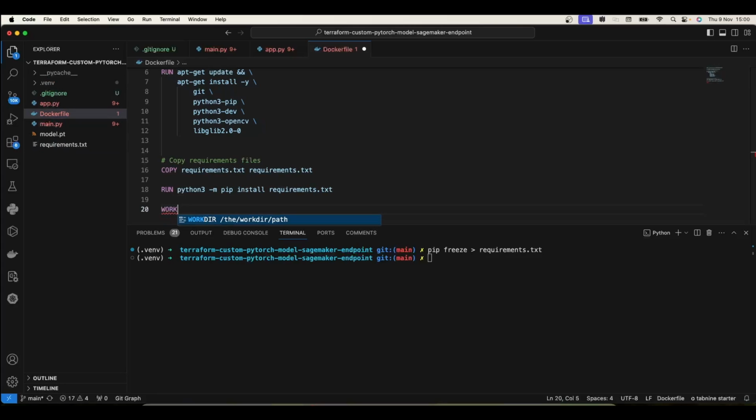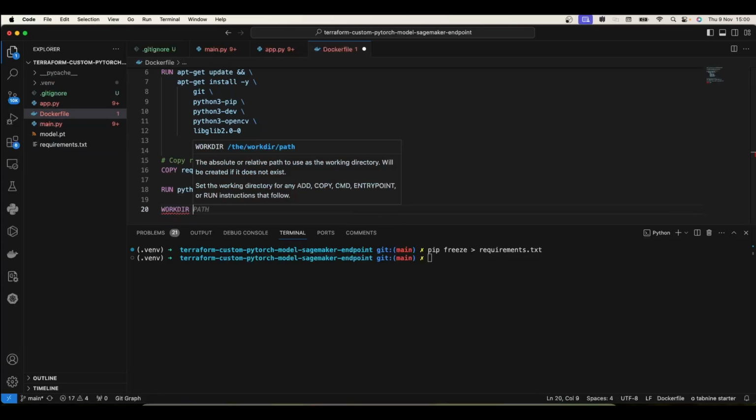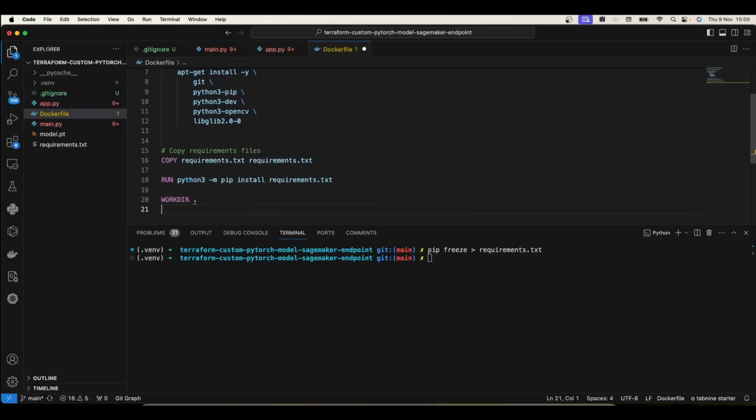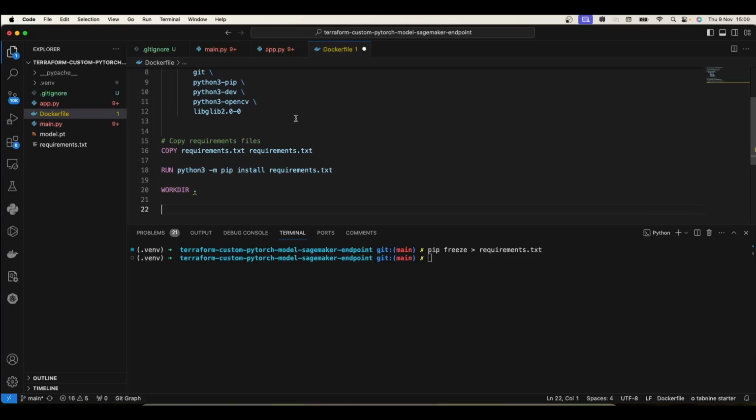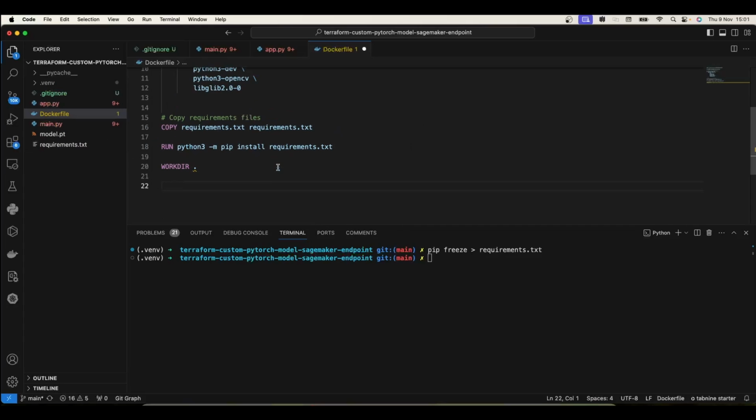We will set the working directory to dot. So this basically tells the Docker container to look for everything in the current working directory, and inside this directory we will make